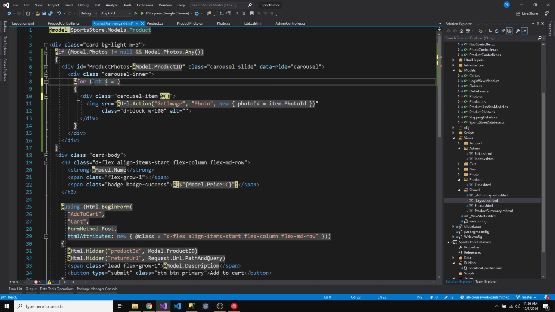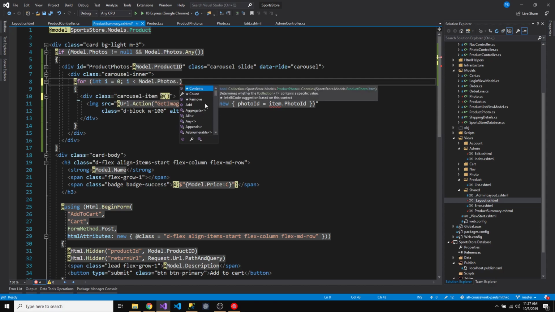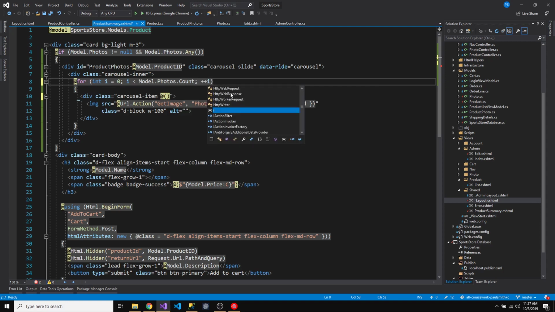So int i = 0; i < Model.Photos.Count; ++i. So this will loop through the photos,